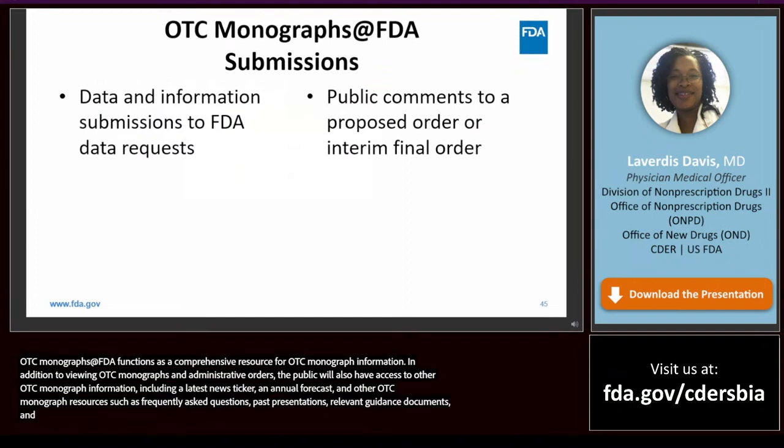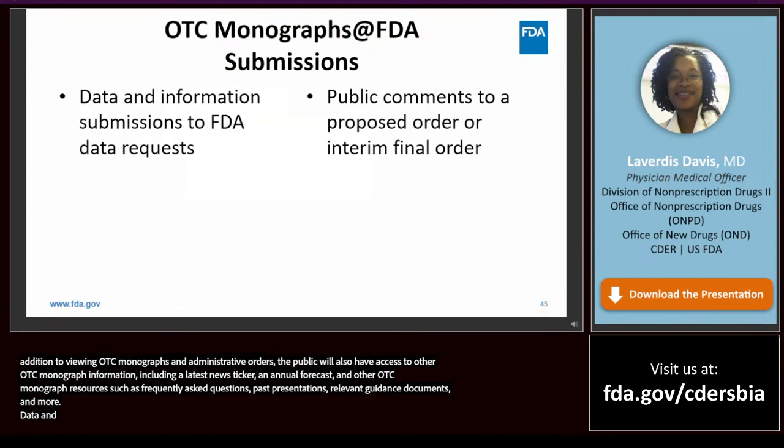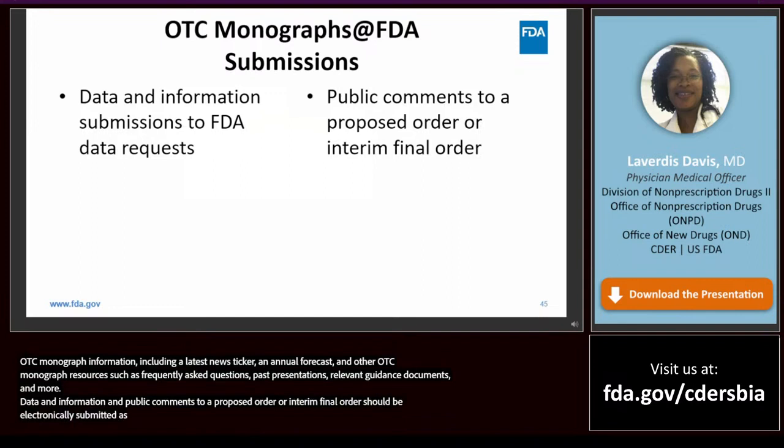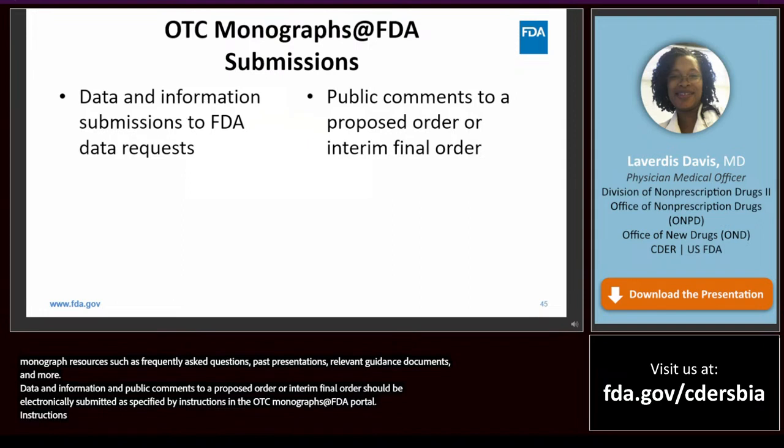Data, information, and public comments to a proposed order or interim final order should be electronically submitted as specified by instructions in the OTC Monographs at FDA portal. Instructions on how to submit data and information submissions will be found in the FDA data requests posted in the OTC Monographs at FDA portal.